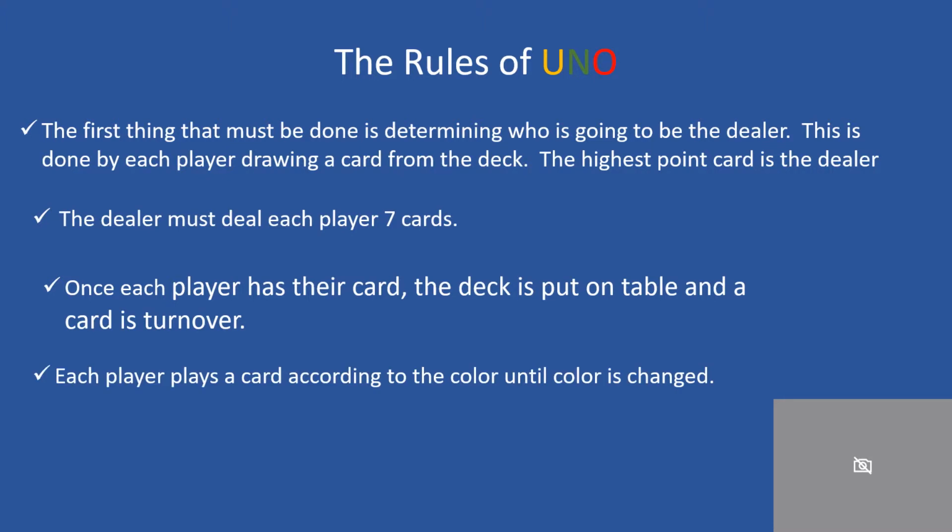Each player plays a card according to the color until the color is changed. You can change the color in two ways according to this rule. You can change it with a wild card or draw four, or you can change the color if you match the number. Like if I had a red zero and a blue zero,